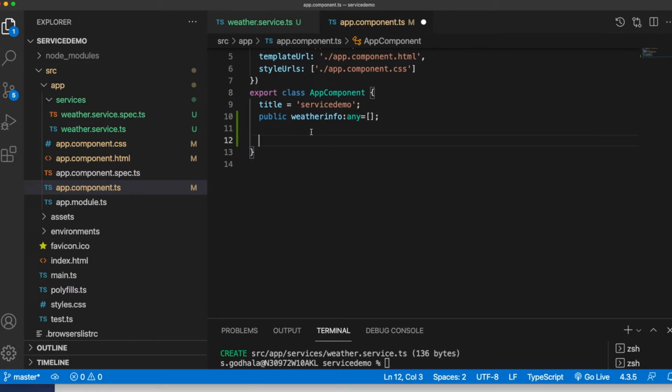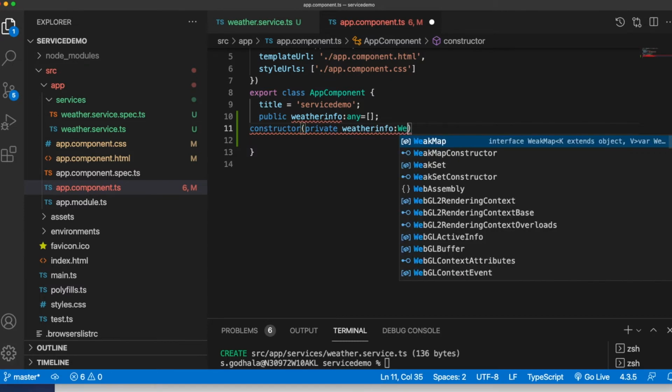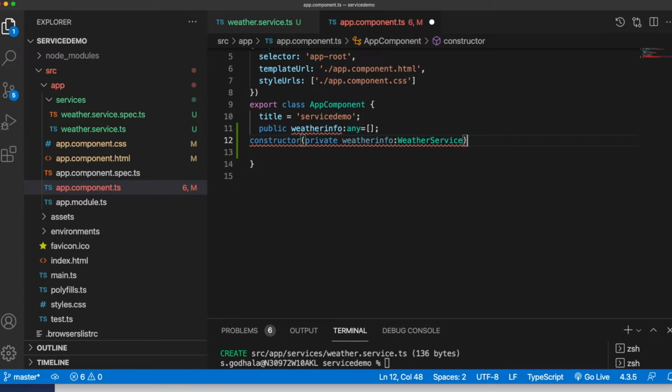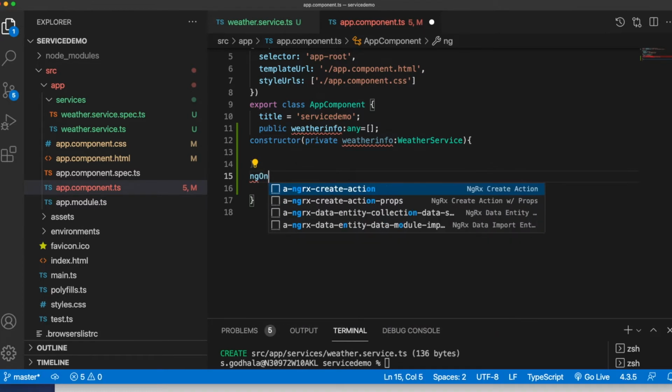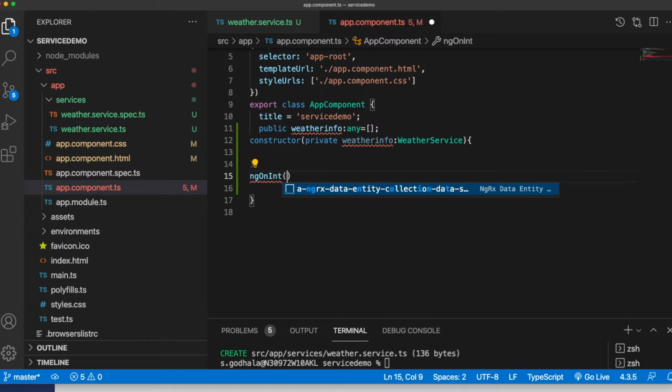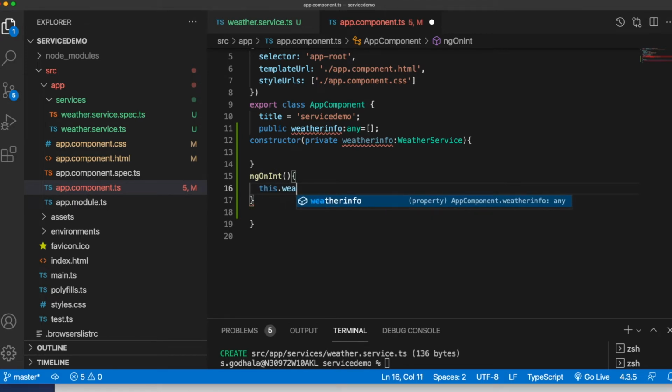Here I'm going to create a constructor to call the service. So weatherInfoService, what is the service name? WeatherService. Now I'm going to create the ngOnInit lifecycle hook. Which means whenever this component is called, we need to call that service, and we need to get the data. How we are going to get it, let's see, is equal to